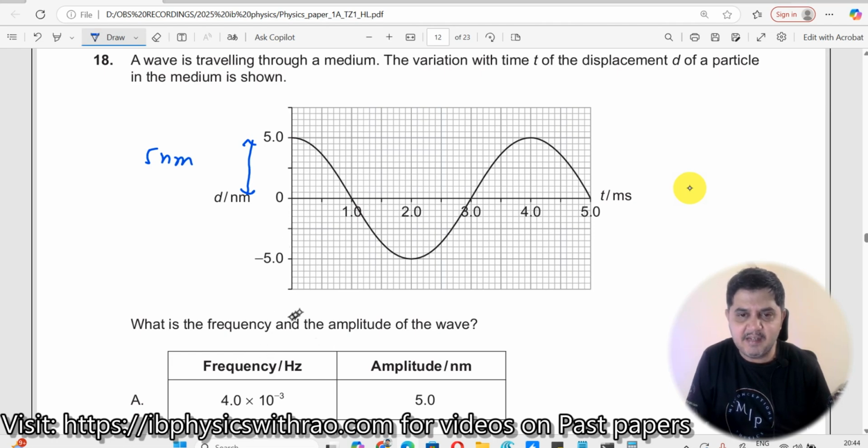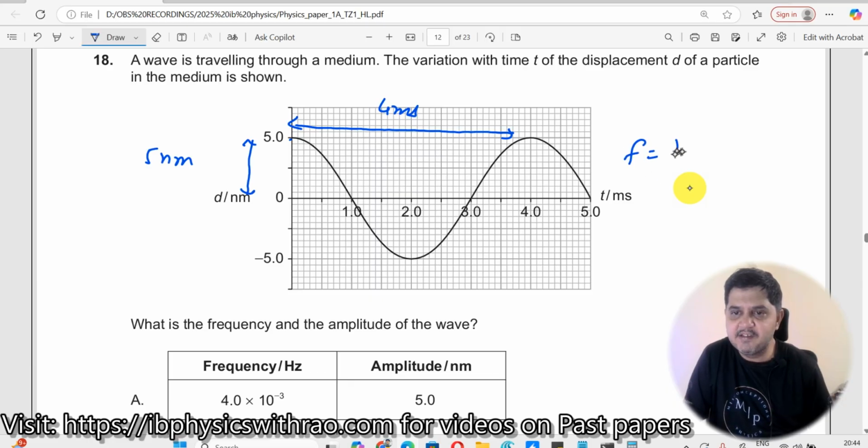Frequency. So with the frequency, you can get the time period. What is the time period? From here to here, what is the stretch? Time period here should be equal to 0 here. Here it is 4. So 4 milliseconds. The frequency should be equal to 1 by T, which should be 1 by 4 milliseconds,